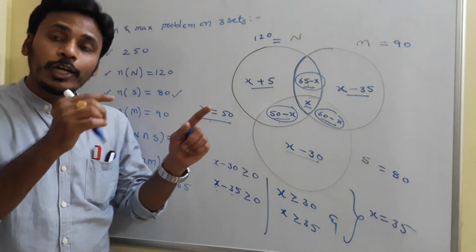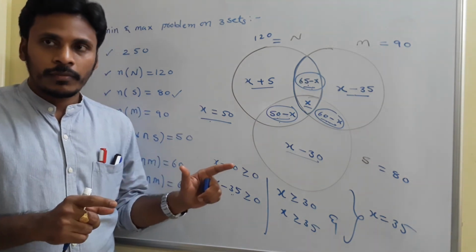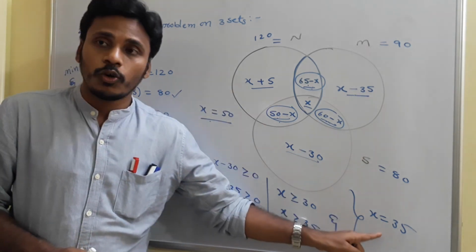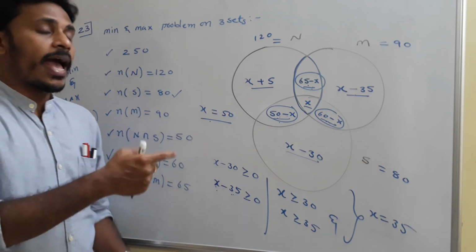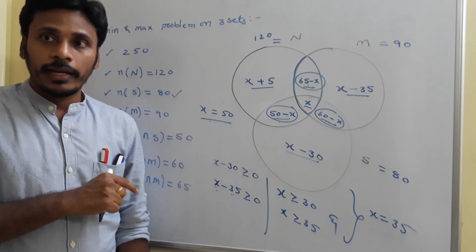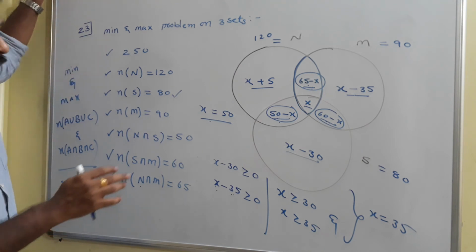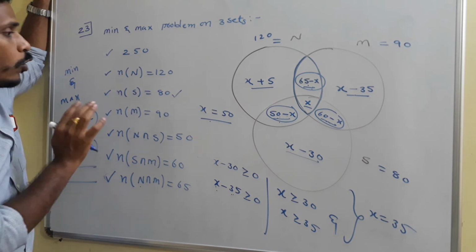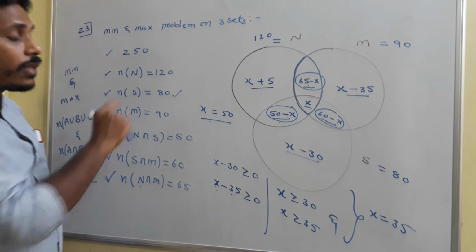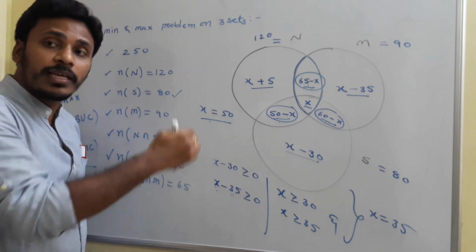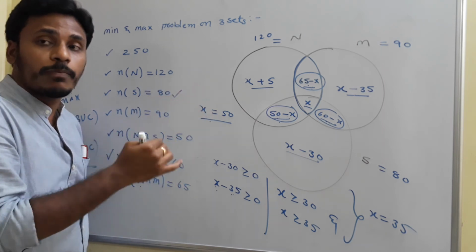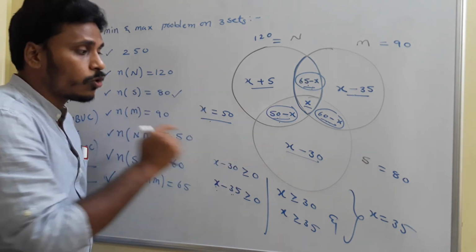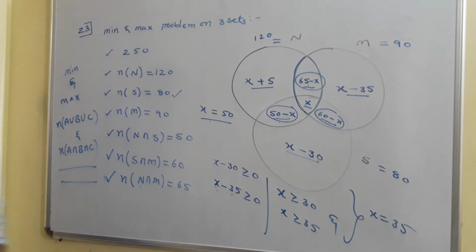Based on those, I need to fill the remaining values. Is it clear? Once again I am repeating. I need to erase this now, and based on x equal to 35 and x equal to 50, I am going to fill in everything else. And the total number of students is 250. That's also given, right? So if you add the total value, that must be less than 250. You need to keep that in mind again. First of all, I will erase this. Based on x equal to 35 and x equal to 50, I am going to sketch the diagram.